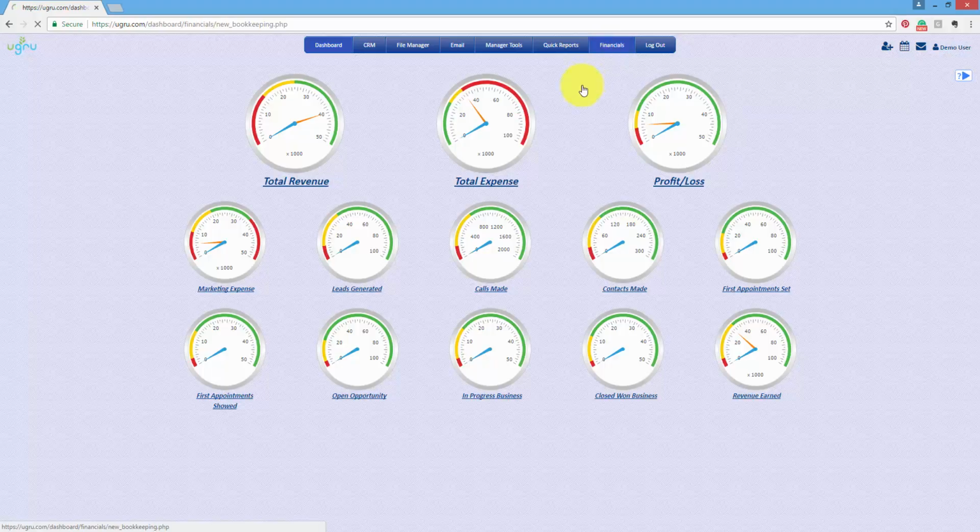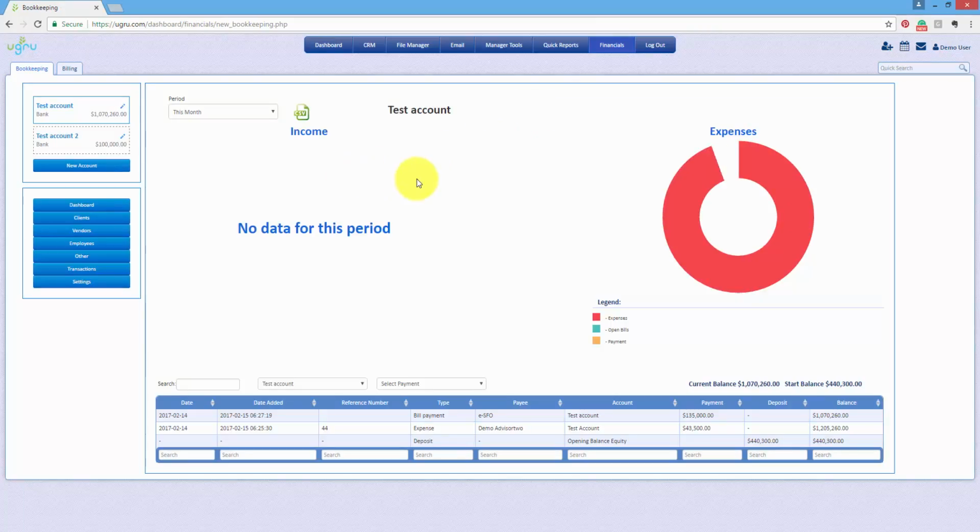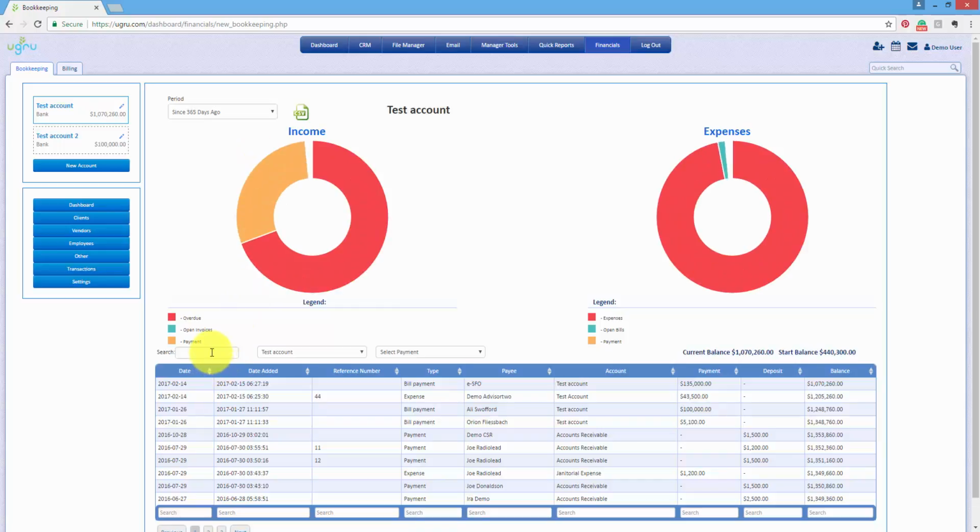First, navigate to Financials. The opening page is the Financials dashboard. You're looking at a pie chart of incomes and expenses of the selected time period, which can be adjusted right here. The search bar here is to search through the list of transactions that you see below, and the drop-down